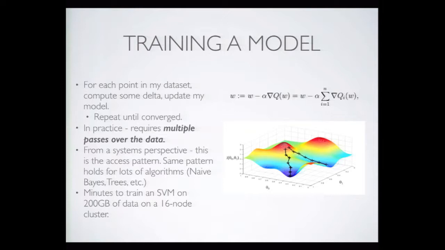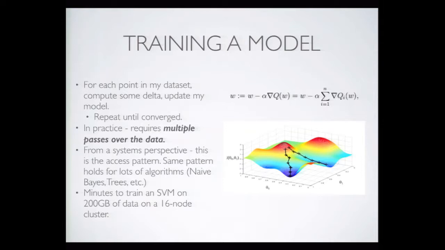Just to give everybody a refresher on what I mean when I say training a model, fitting a model. Well, what I mean is estimating some statistical parameters that are useful for making predictions. So in practice, what this looks like is over my data set, I might compute some kind of delta to my current model, and update it. So this is things like gradient methods and stochastic gradient descent. You also see a very similar kind of procedure when you're doing things like decision trees. So you compute some delta to the histograms and you update them.